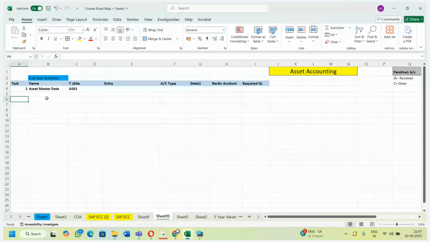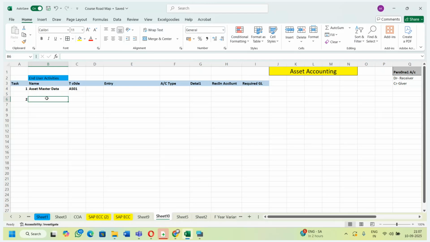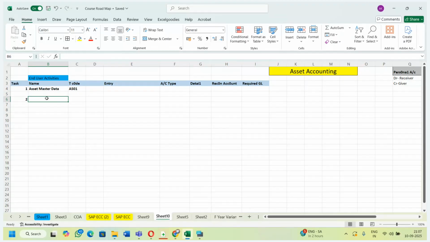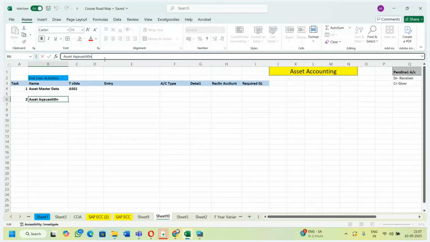After that, what is the business process? Once the end user has entered the asset master data, after that we will purchase the asset from any vendor. Okay. So we will call it asset acquisition. Acquisition is nothing but, in brackets I will mention, purchase